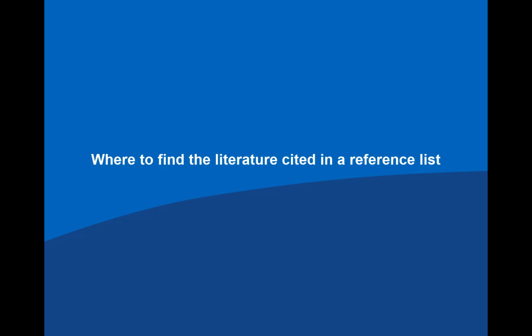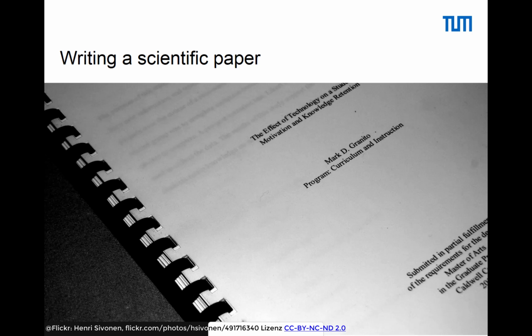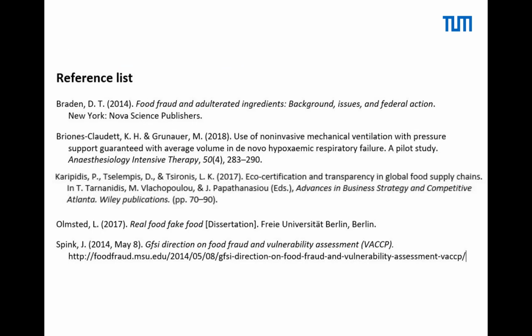In this tutorial, we will show you where to find the literature cited in a reference list. You are writing a scientific paper, for example, your master's thesis or a paper for a journal in your field. When you write a scientific paper, you need literature to explore the topic and later support your thoughts and ideas